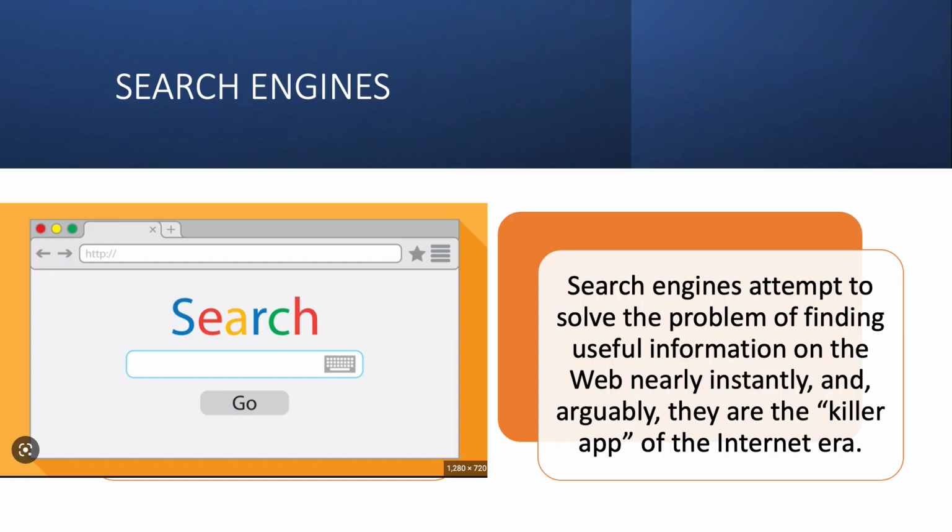Next, search engines. So, ito yung search engines. So, search engines attempt to solve the problem of finding useful information on the web nearly instantly, and arguably, they are the killer app of the internet era. There are different search engines in the world, but the vast majority of search results are supplied by Google, Yahoo, and Microsoft. So, sabi nga, it is considered as the